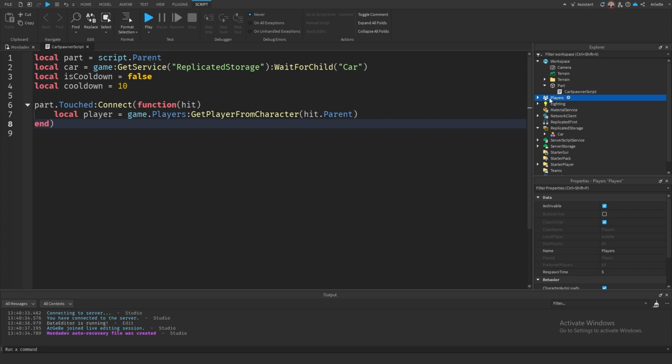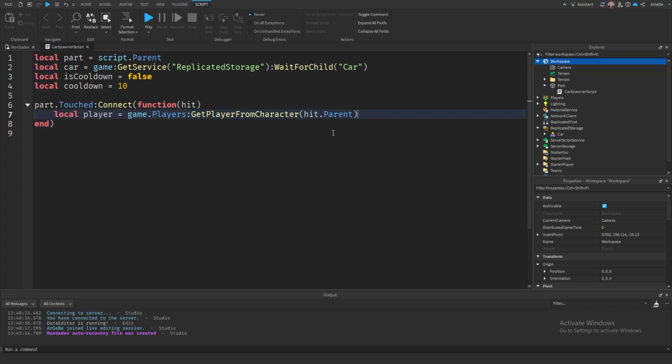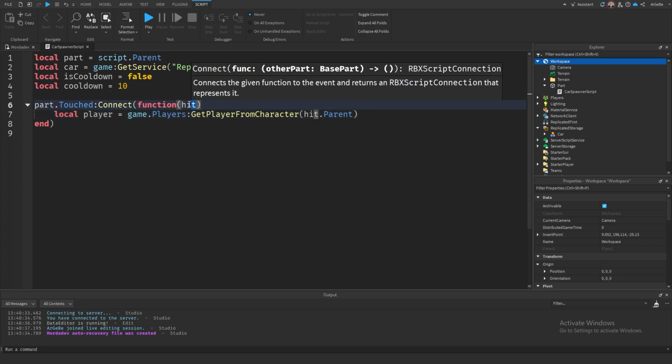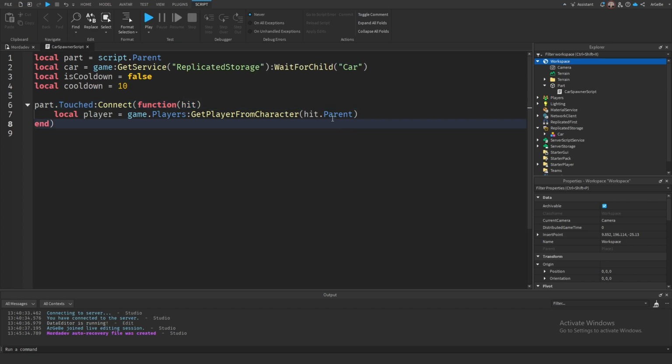So we can't actually do anything with the player object. That's just sort of the data that tells us that they're there. But the character is what we're looking for, because that contains all their body parts, their humanoid, etc. And you'll see this quite a lot whenever we're getting a character from a player with this function. Essentially, all it's doing is we're looking at what has hit this. So it could be their right leg, it could be their arm, it could be their head. And then we're saying dot Parent, so we're getting the root of that body part, which will always be our